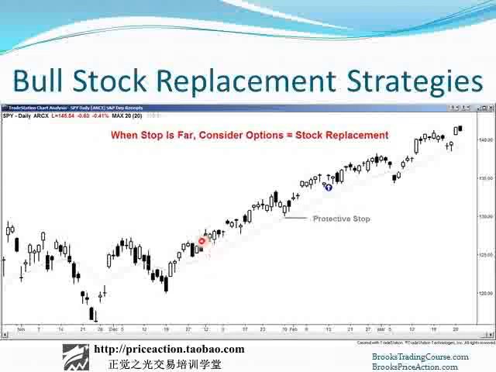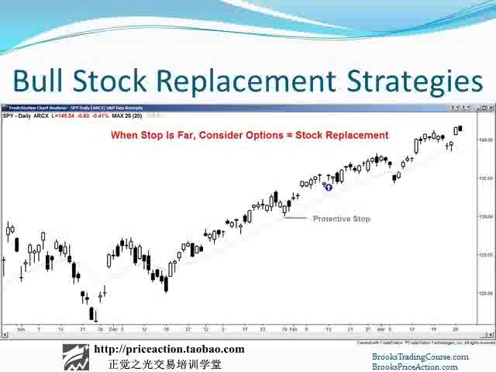One is, let's say you bought a stock somewhere down here, the spider on the daily chart, and now it's up here. And let's say your stop is down here, and you've been scaling out, so now you're down to maybe 100 shares. But your 100 shares times $5, that might be more than you'd care to risk. That would be $500. You might say, well, I don't want to get down to zero. I still want to participate.